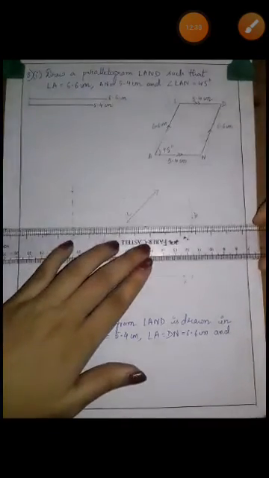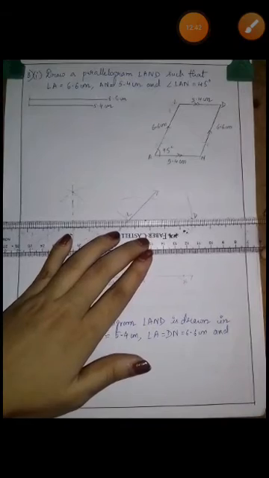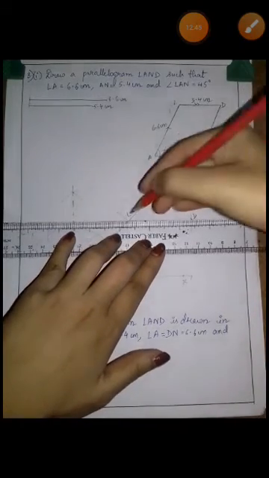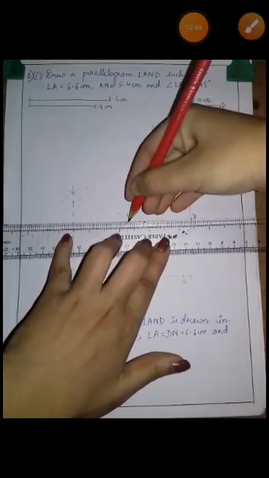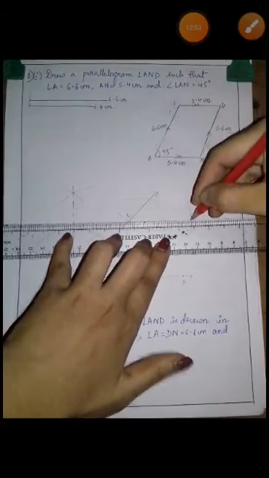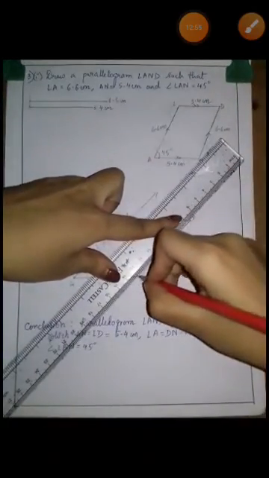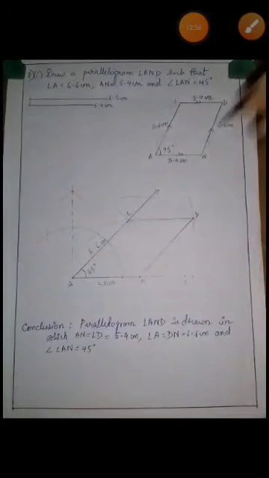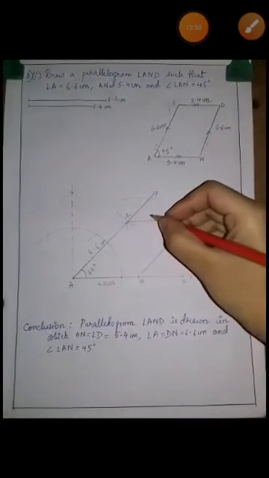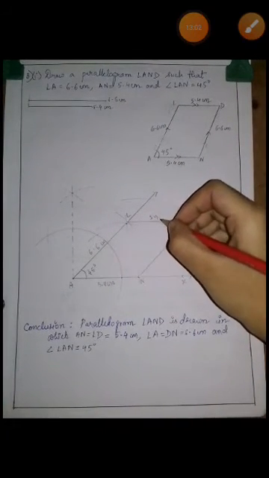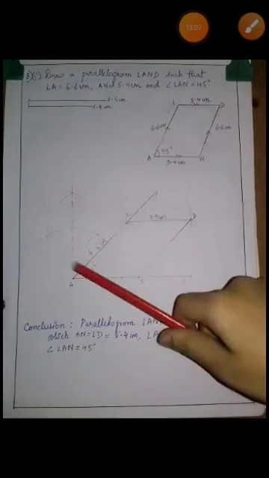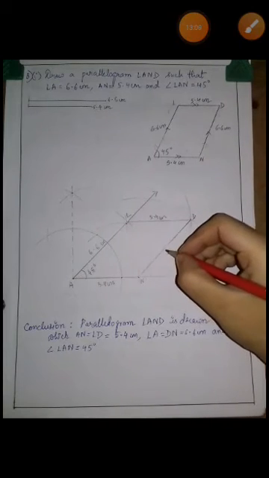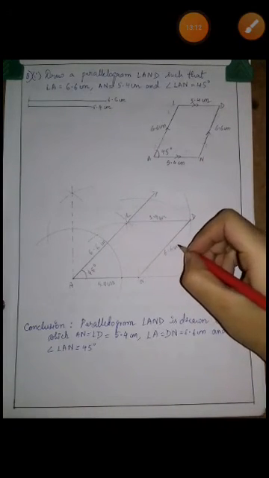That is the fourth vertex. So now you are joining all the points, L and D, and with D you are joining. Now you write all the measurements. This will be 5.4 centimeter and this side is equal to this side. So you are writing that AL is equal to ND, which will be 6.6 centimeter.